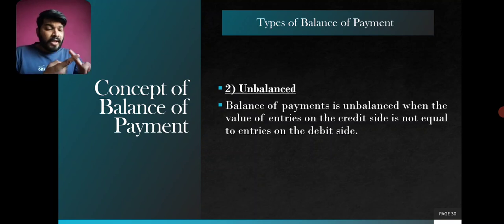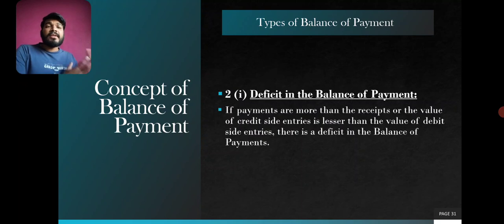So what is deficit? Deficit means कम पड़ रहा है, lackingness, क्लियर. सो कम पड़ रहा है, lackingness. Surplus मतलब ज्यादा है. अभी वो कौन से सेंस में ज्यादा है, we are learning foreign trade, we are exporting and importing. So when we talk about deficit of balance of payment, it means your imports